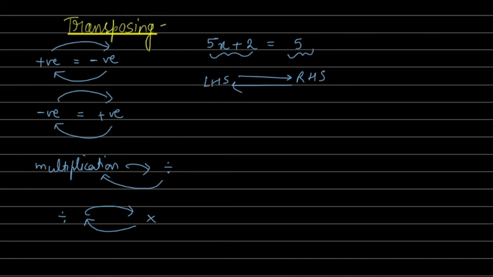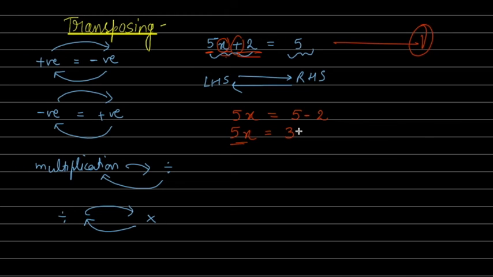Now in this equation, if I say find the value of x, we need to move this 2 to the other side, and then we have to move this 5 also to the other side. So this plus 2 has a positive sign here. When I transpose it to the other side, it will change to a minus sign. So 5 minus 2. Plus 2, when you shift it to the other side, becomes minus 2. Let's solve it. 5 minus 2 is 3.